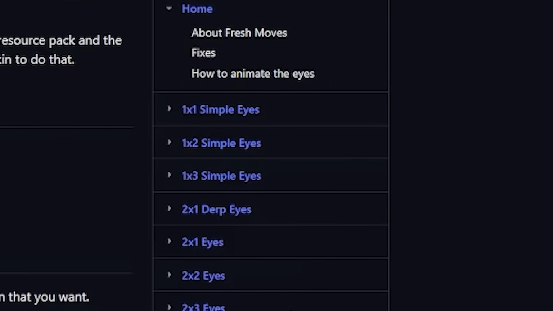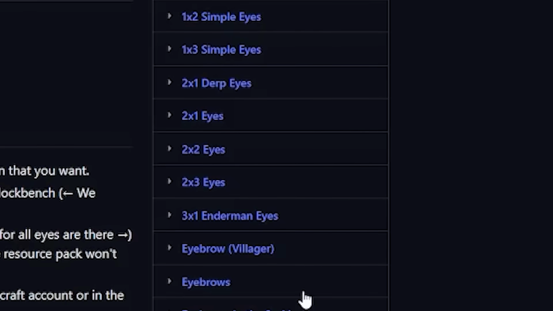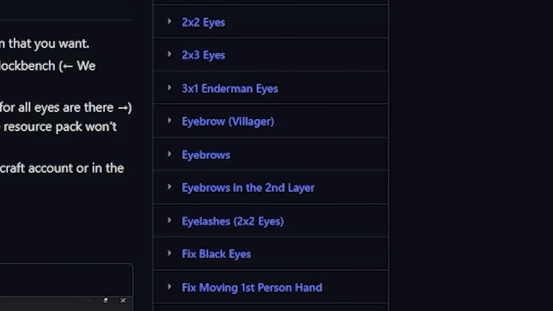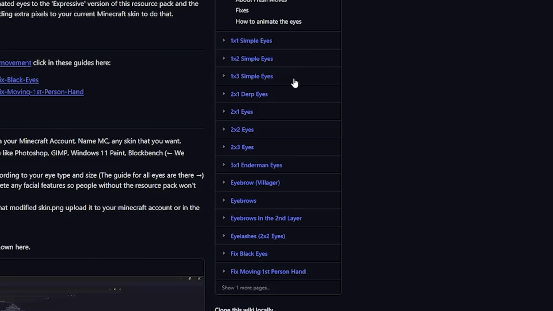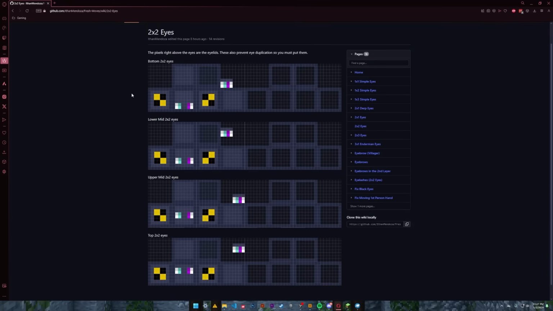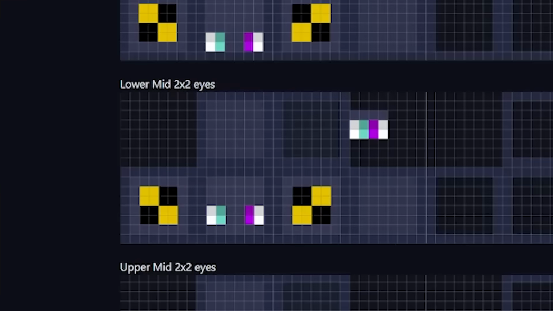On the right side here, you'll see all the different eye types, the eyebrows, eyelashes, the fixes, everything is on this list here. Now, you would pick the one that most closely resembles your skin, but because I already have my 2x3 eyes done, I'm going to click on 2x2 instead. Upon reaching this page, you'll see that we have 4 options, all for different eye heights on the skin. And for the sake of this tutorial, we are going to use the lower mid 2x2 eyes